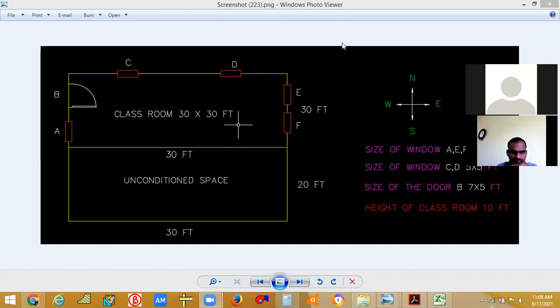Usually we will be using the app only. If they give watts, that is fine. We have the option to give watts in the app software. If you are giving watts, you can directly convert from the app to watts per feet square also. You can give two options in the app: watts as well as watts per feet square.